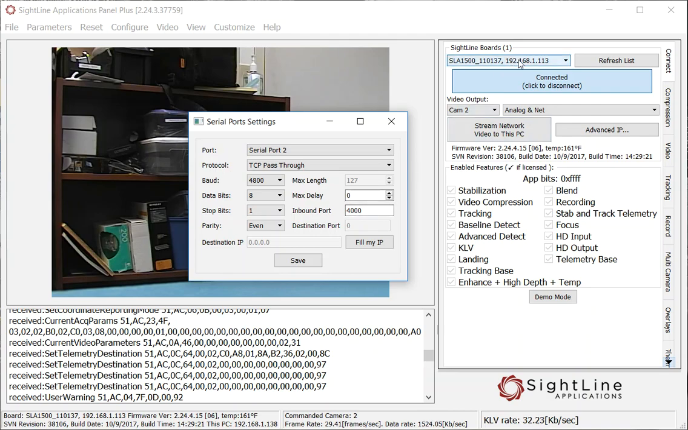So I'll be talking to 192.168.1.113 port 4000. And I don't have to set a destination because I'm using TCP pass-through, and this will automatically respond to the sending port. So at this point I hit save,